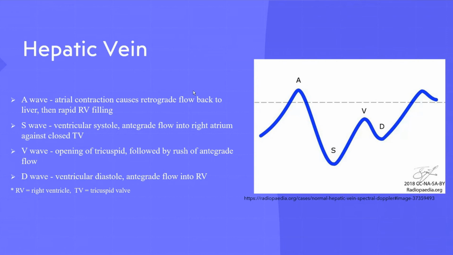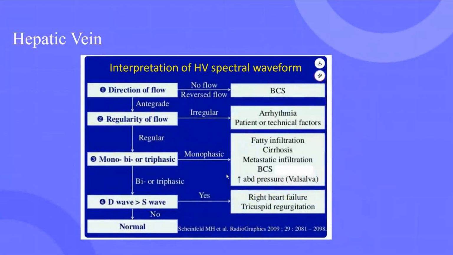The V wave: opening of the tricuspid valve, followed by a rush of antegrade flow. The D wave is ventricular diastole, antegrade flow into the RV. So the